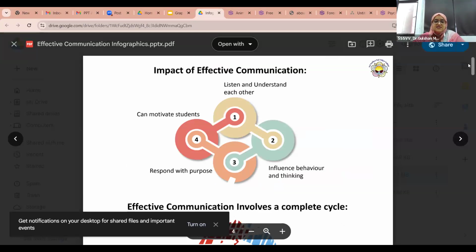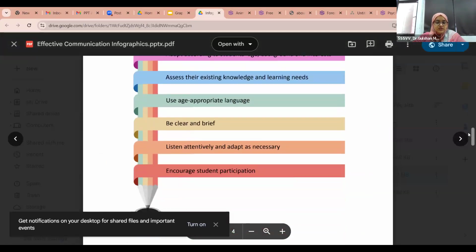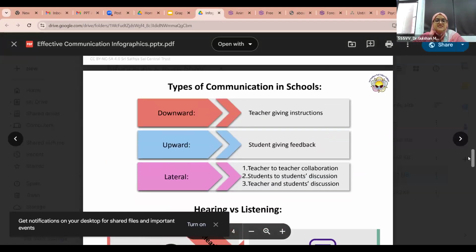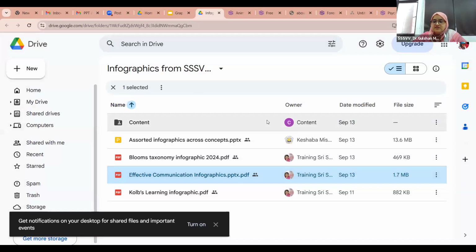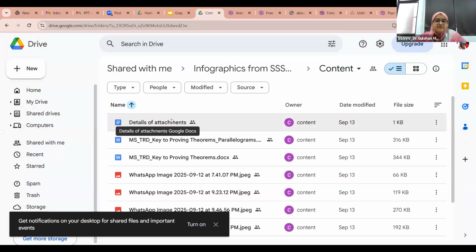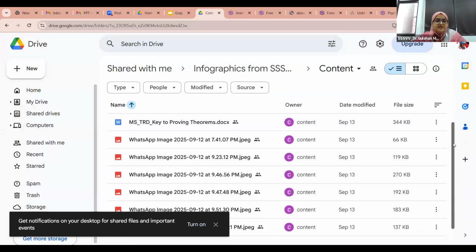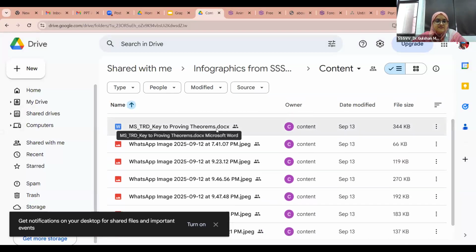You can see the slides are very catchy, the slides are very soothing, and they have maximum information in minimal words. So this is the characteristic which we have discussed earlier, that the infographic should be such that if the user sees that particular infographic, he or she can understand the whole concept in an easy manner. There are other infographics also which have been developed by our team.